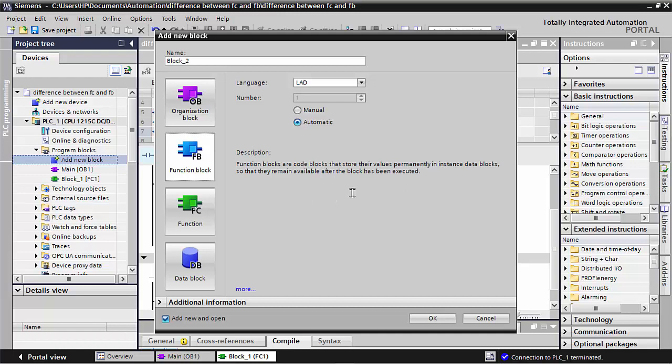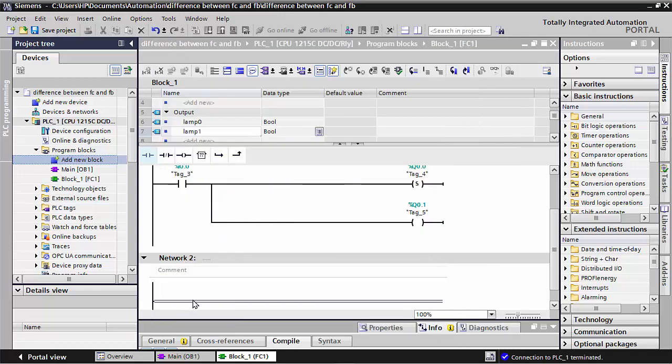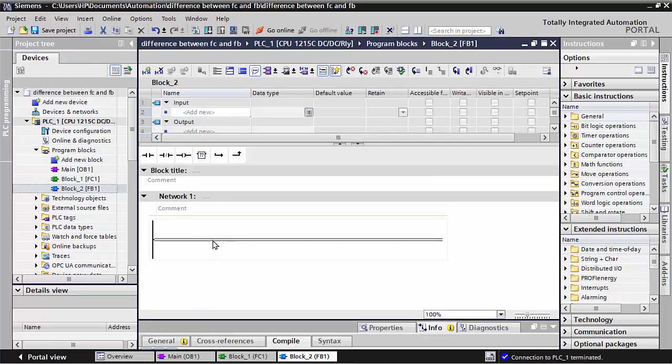And he says when you put any data inside this function block, it will be stored permanently. Okay, and I will make it here